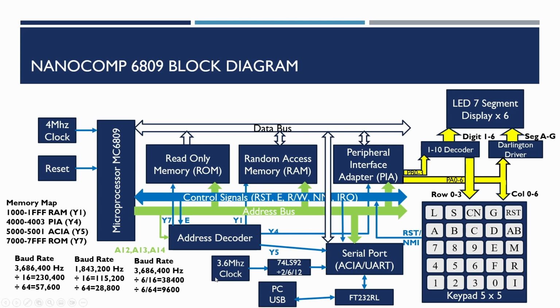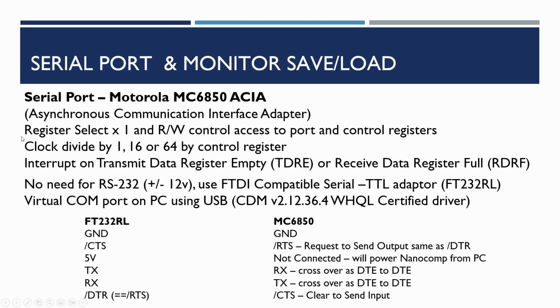This is plugged into a TTL to USB serial adapter, an FT232RL, which is commonly used for a lot of Arduino type programmers and things. This just uses the USB port to connect to the PC. Just to recap, we've got 2 registers that we'll be accessing the serial port through. There's a control register and a status register, depending on whether we're reading or writing. And then there's the data input and data output register, again depending on whether we're reading or writing. But there are 2 addresses that we're using here.